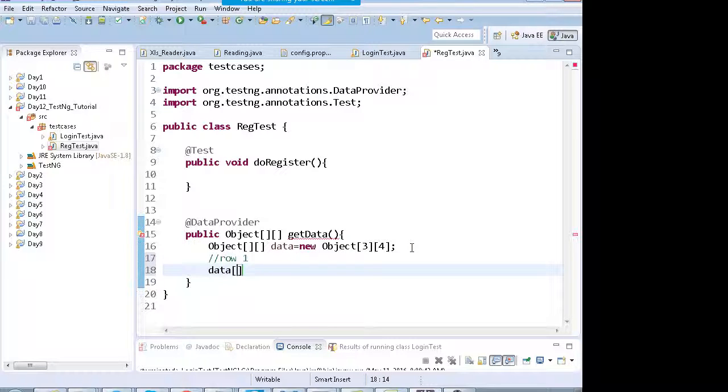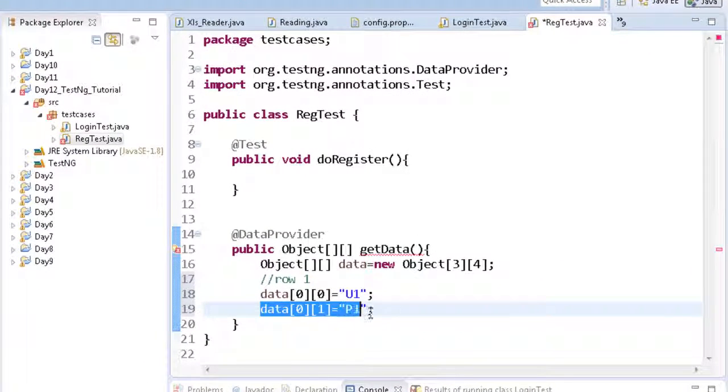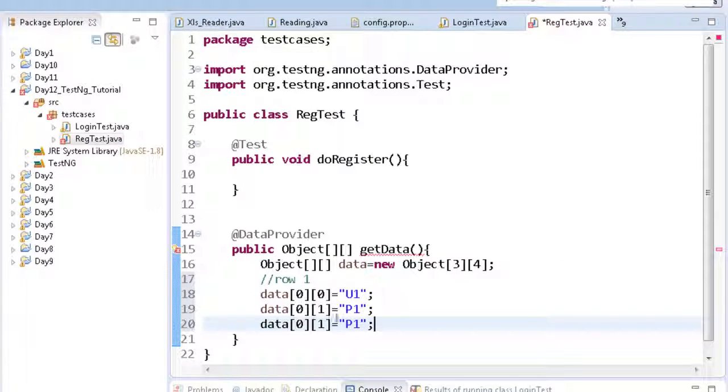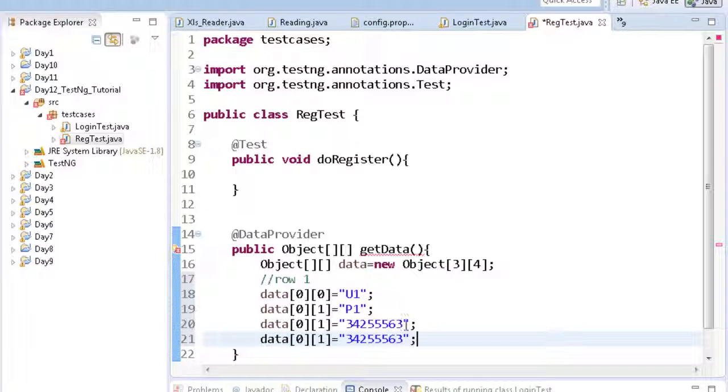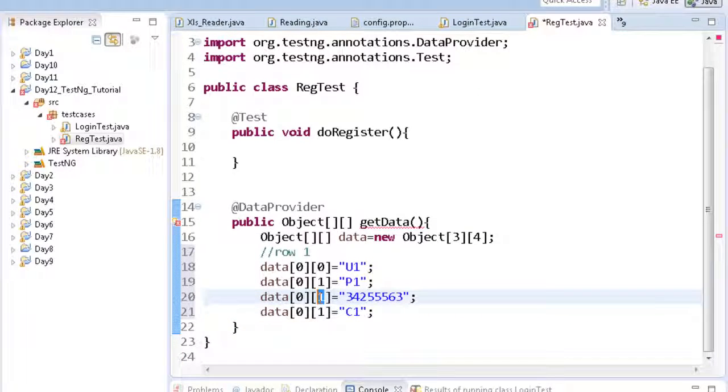I can write data[0][0] equals, say, username1, data[0][1] say password, some password, some phone number, and some city.